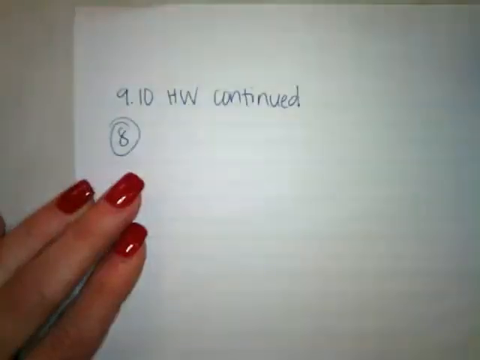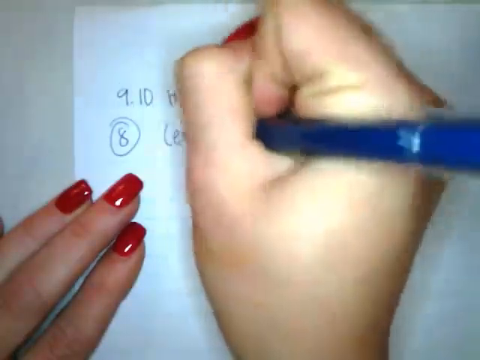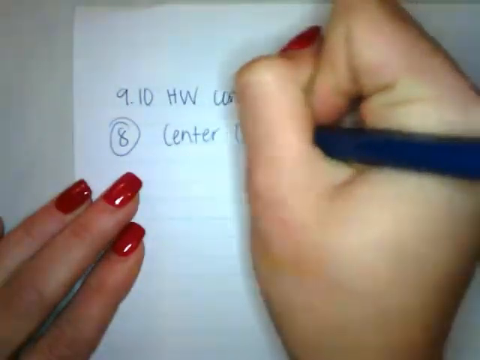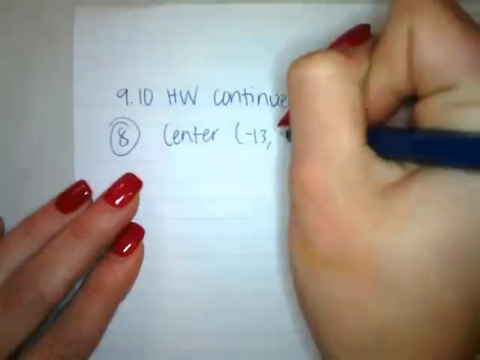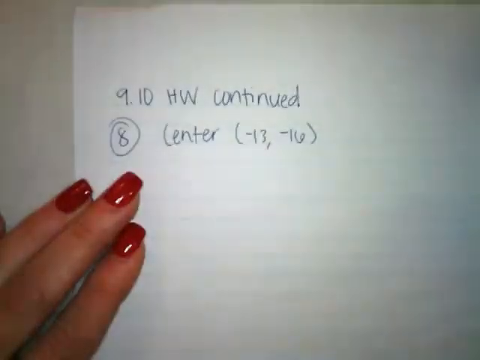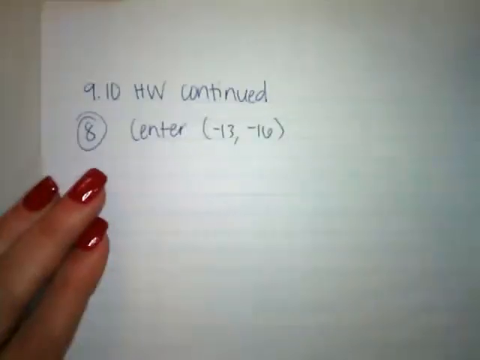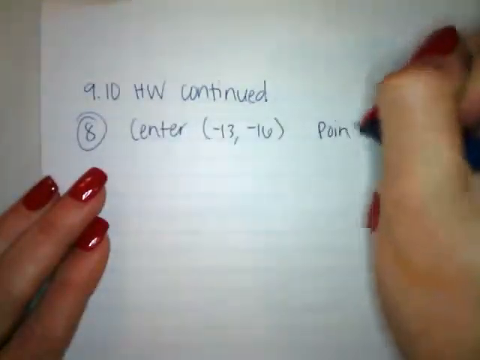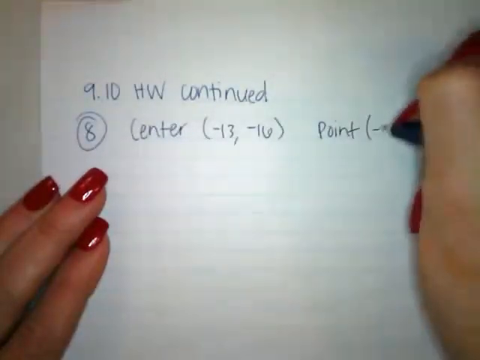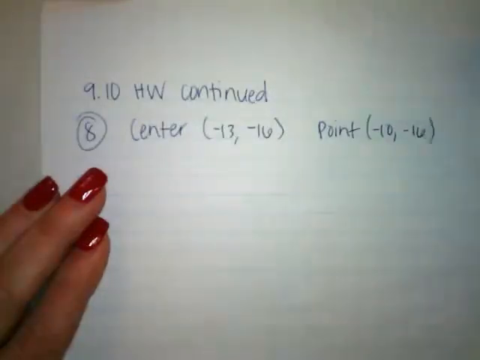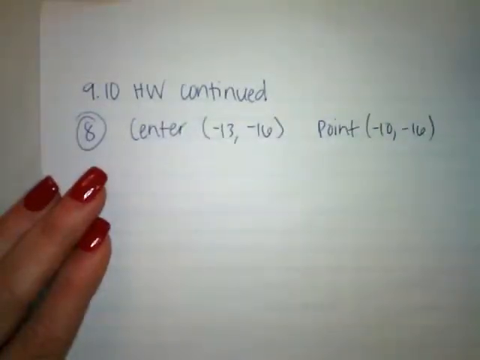Okay guys, on number 8, I messed up my graph on the last video, so I'm going to pick up on this video with question number 8. It says that the center is located at (-13, -16). And there's a point on the circle at (-10, -16). Well, in order to write our equation in both forms, you need to know the center